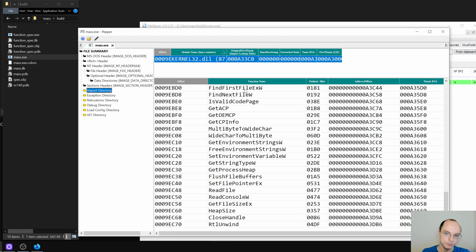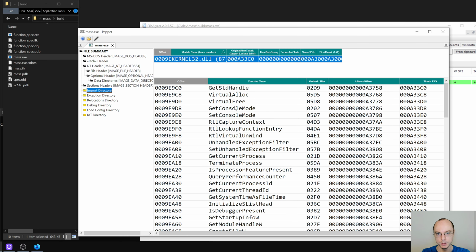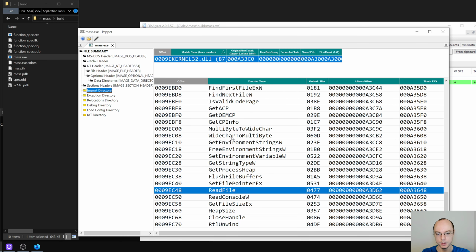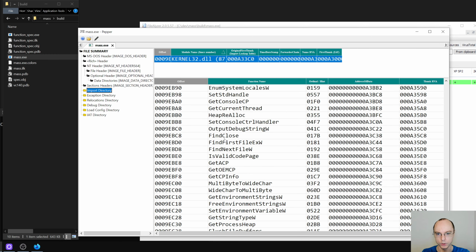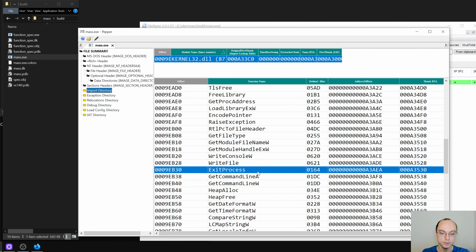In the Hello World program, which will take quite a bit to get to, we will probably need a read file. We will need get std handle. We probably need the write file. Yeah, actually we don't even need read file. We just need write file. We need exit process definitely, and this would be the first program that we'll probably ever write. It will literally just call exit process, because the thing is,